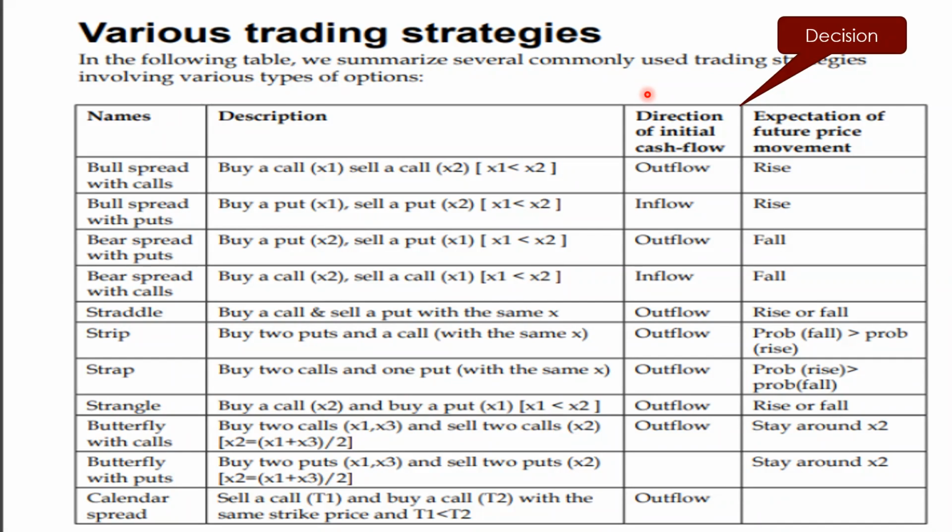Bull spread strategy is nothing. I think those who studied derivatives might know. Long-term strategy, bull spread means we are estimating that at least for a continuous one month, the price tends to increase. So anytime within the month, we can sell. Now we can buy, anytime we can sell.